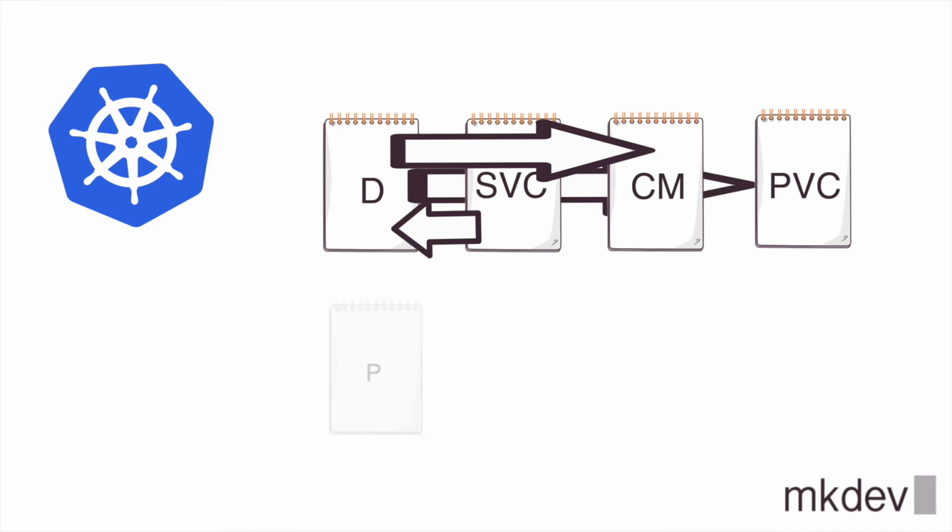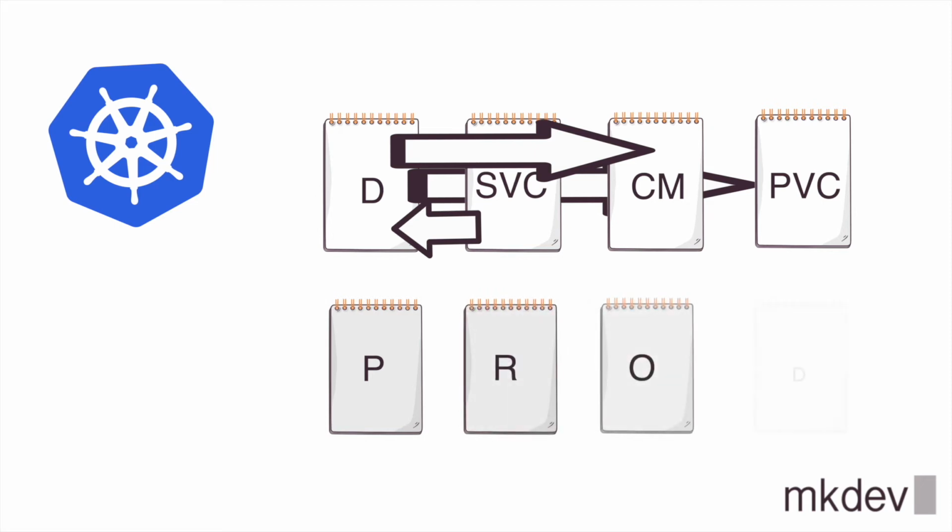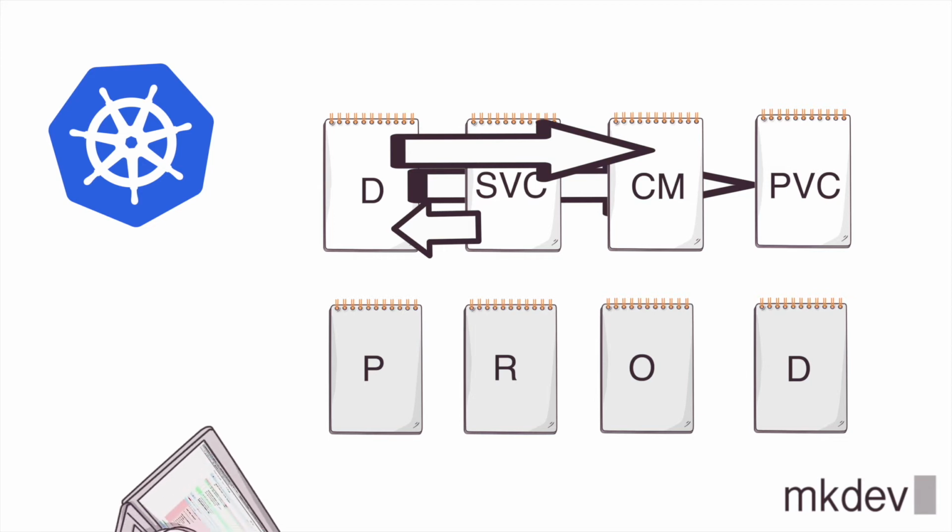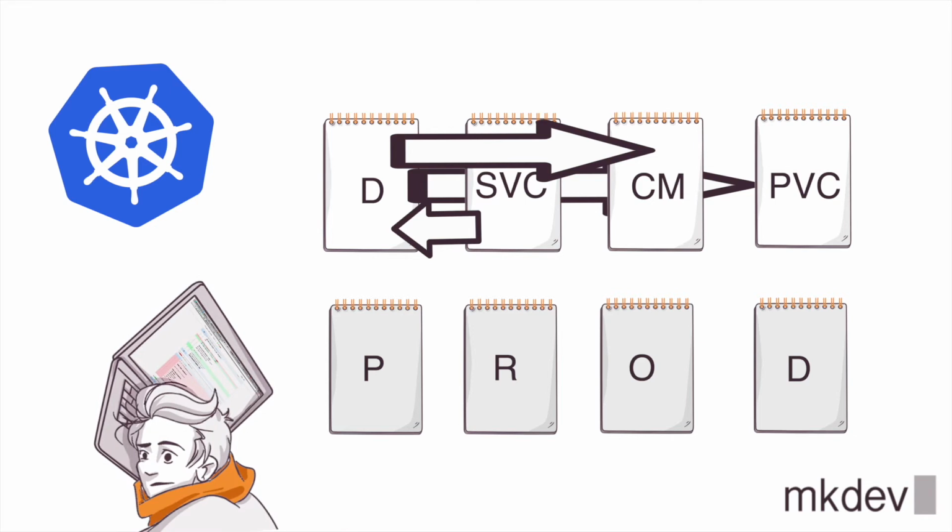Quite naturally, you want to configure many, if not all, of those objects depending on the environment. Staging deployment might have a different number of replicas, and production secret for sure will have a different database password. In addition, you also need a simple way to roll back to a previous version and maybe execute some hooks before and after different stages of the rollout. For example, you might need to run database migrations before deploying the new release.